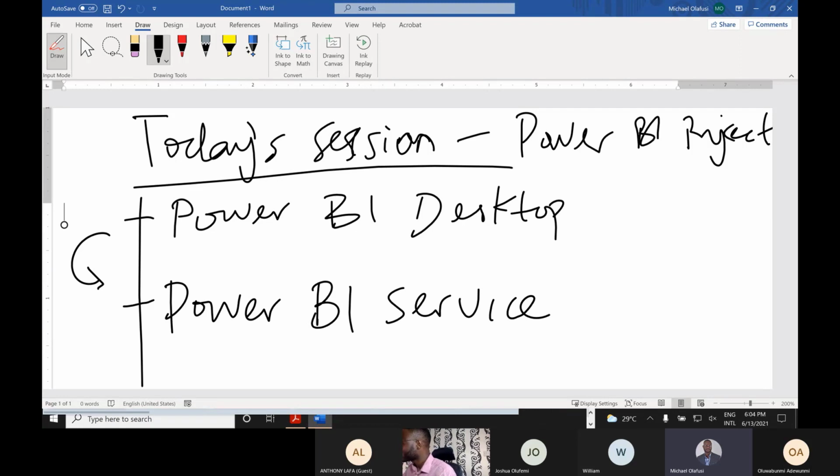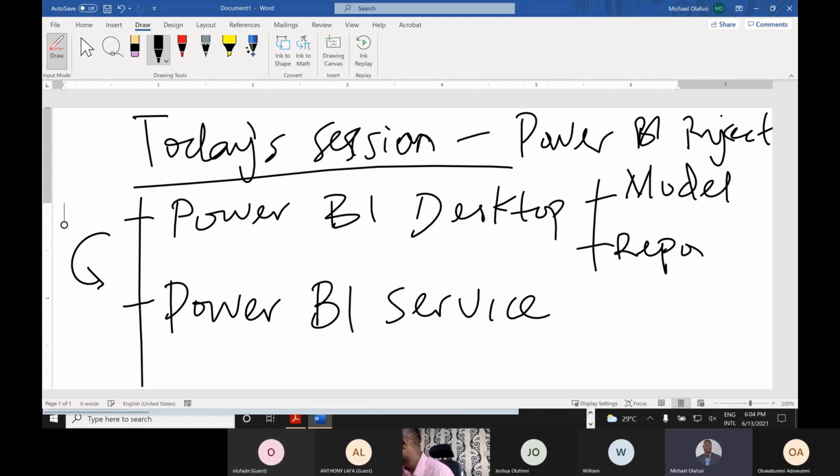Okay, so when you are in this Power BI desktop, there's what I will just bundle as the model that you are creating, which is a combination of the data set and the relationships between them and whatever formulas you create. Then there is the actual report too. So these are the things you will interact with on the Power BI desktop. Then on the Power BI service,